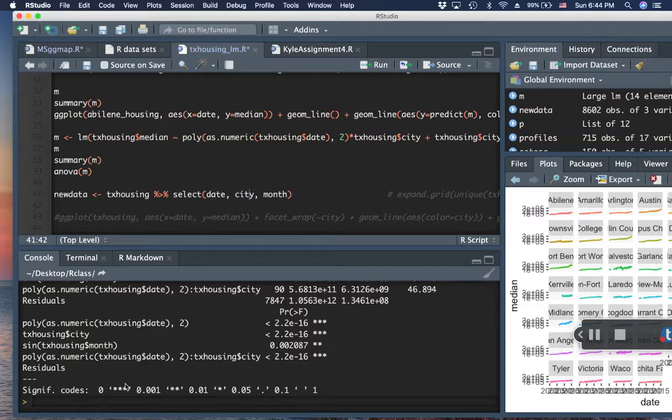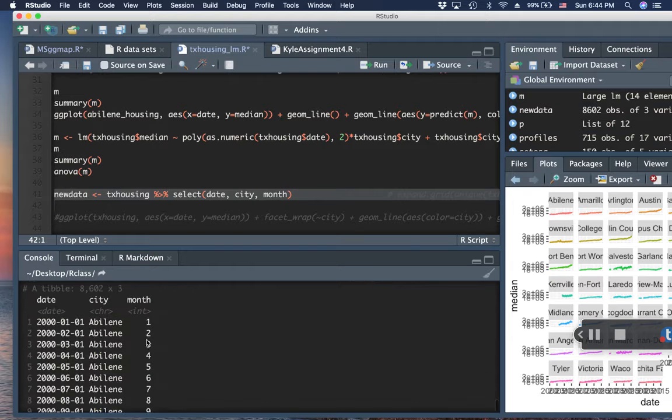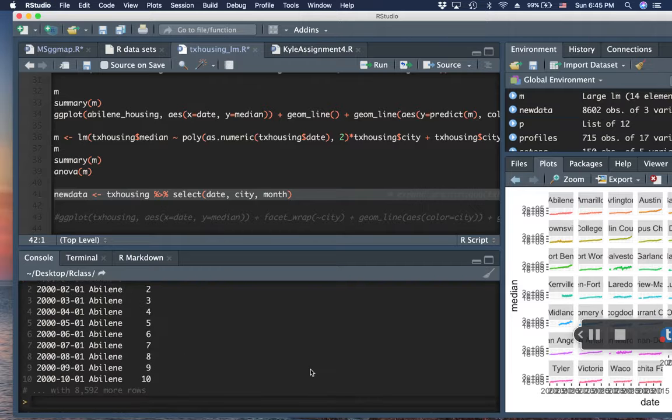I'm just going to create a subset here. I'm going to subset out just the information that I want for Texas housing. So I'm just going to select out using dplyr. You could do this with something else, but I'm just going to select out the date, city, and month, and just get a subset called new data. So we'll do that,